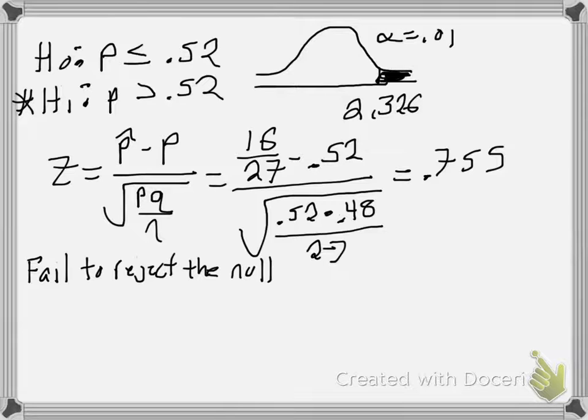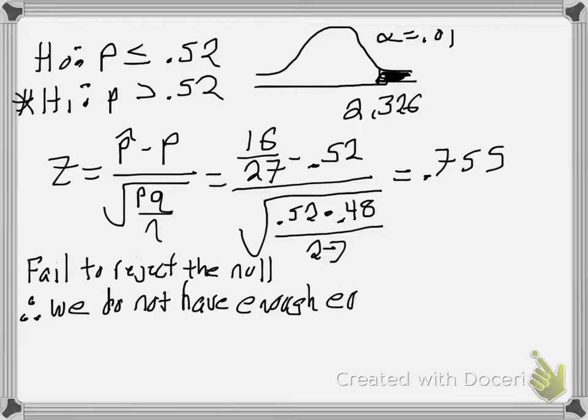And then let's follow the formula. Therefore, there's the 3 dots. We do or do not. If we reject it, we have enough evidence. If we fail to reject it, what happens? We don't have enough evidence. We do not have enough evidence. At what level? At alpha equals 0.01